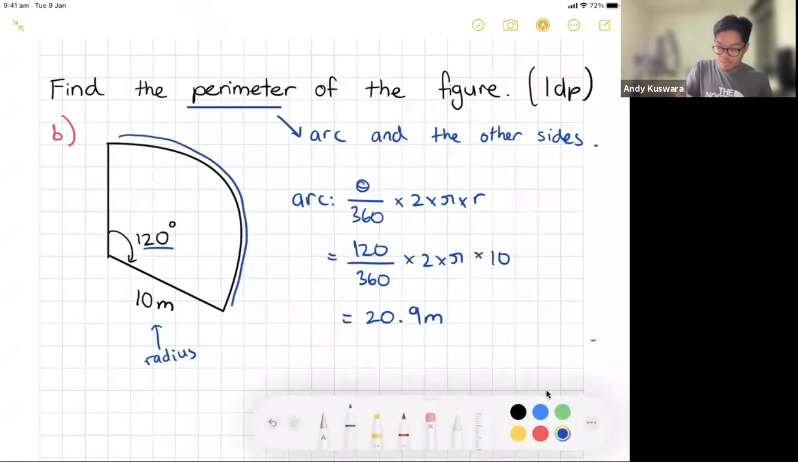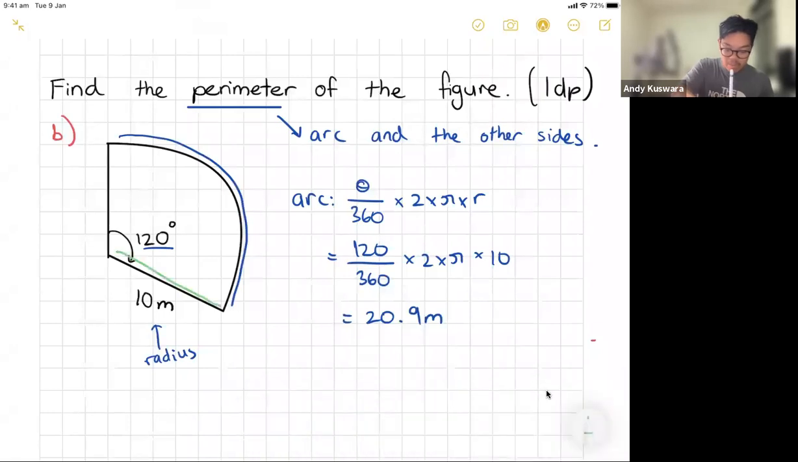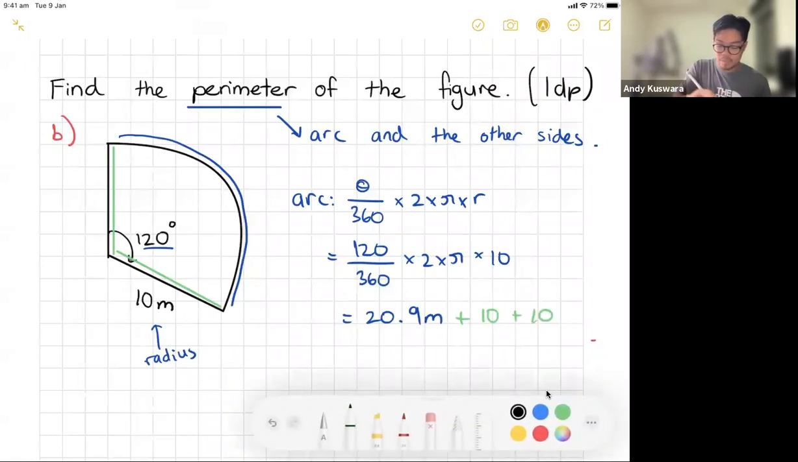Okay, now what I want to do is add the other sides. I want to find the perimeter of the whole shape. So I need to add that length and that length. Now those there are actually just our radius of the circle. So that means those there are just another 10 plus 10 for those two sides that I showed you just then in the green. So that means the total